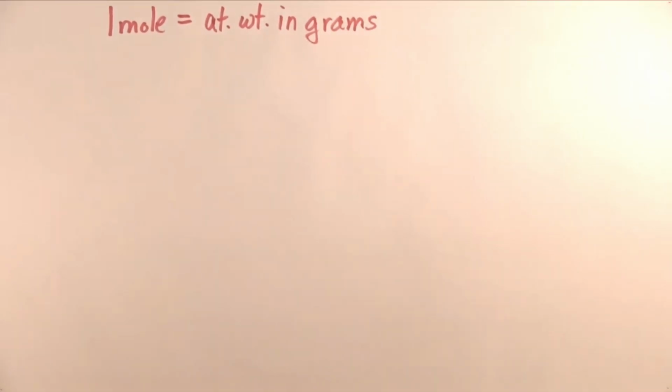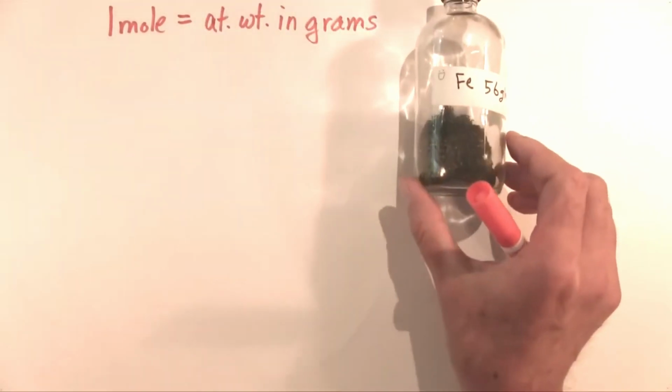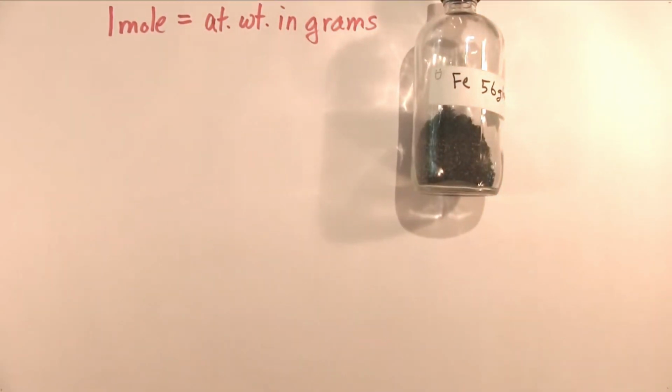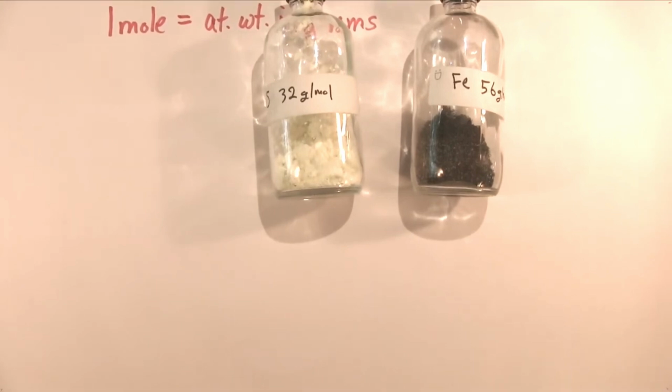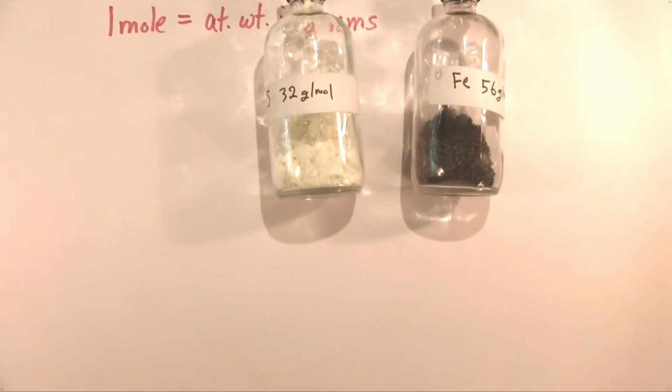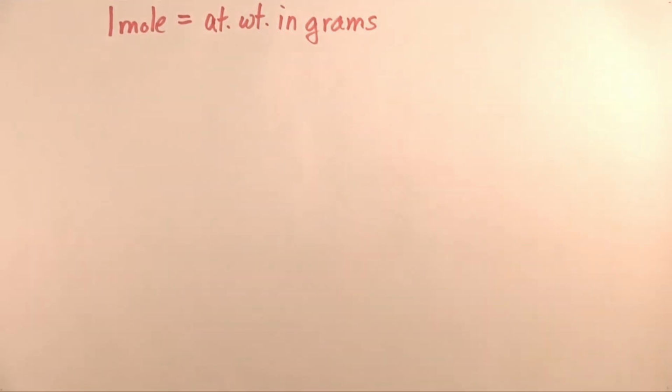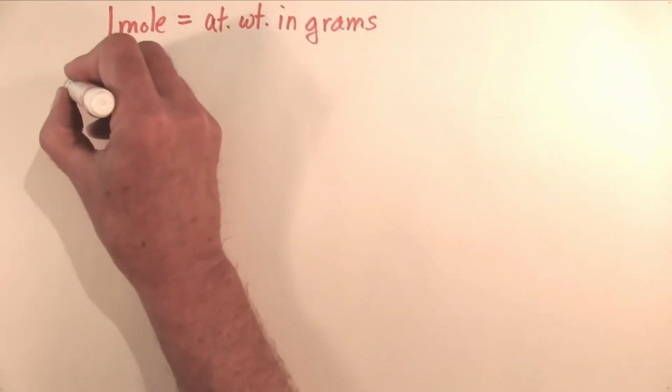So chemists dealt with that for a long time. But they were always wondering, well, how many atoms are in that lump of iron, or how many atoms are in that lump of sulfur? We know it's the same number, but just how many is that? That number evaded people for a long time. It wasn't until about 1915, 1920 or so, after Millikan had performed his famous oil drop experiment, that scientists finally had some numbers that they could work with. They knew the charge on one electron, and they knew the charge of a mole of electrons, so they could just divide it out. And here's the number they came up with: